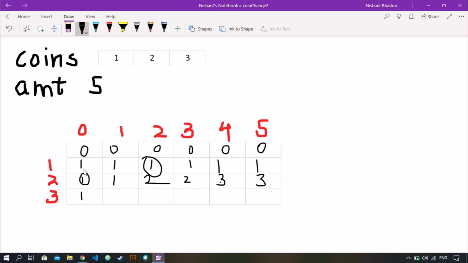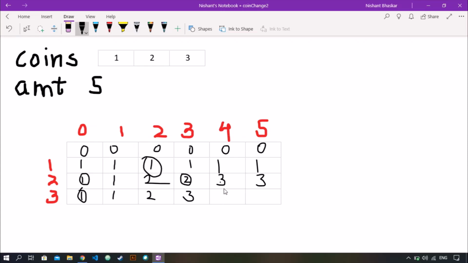Now for the last row, for 1, since 1 is less than 3, there is only one way. For 2, 2 is less than 3, again there are only 2 ways, since we can make 2 by using 1 and 2. We already have 1 and 2, so we can make 2 by 1 plus 1 or 2. Now we have 3, but 3 doesn't contribute to making up a total of 2, so the answer will be 2 here. So for 3, we get this 2 and we go 3 steps back, that is we reach here, and we add this 1 to this 2, and this 3 will be the answer.